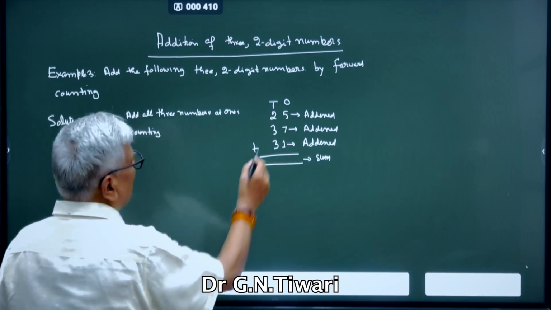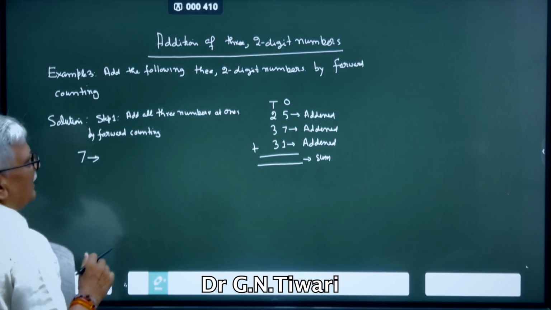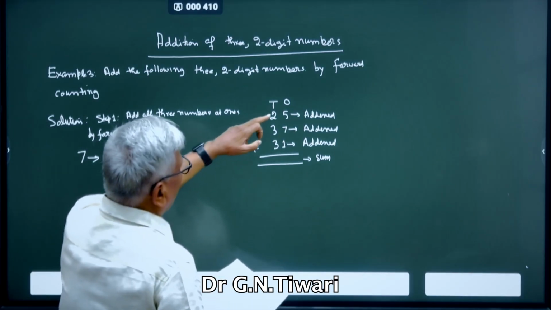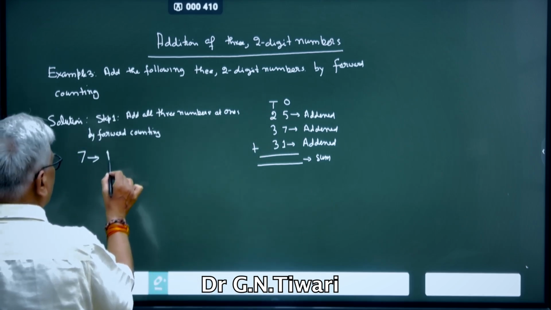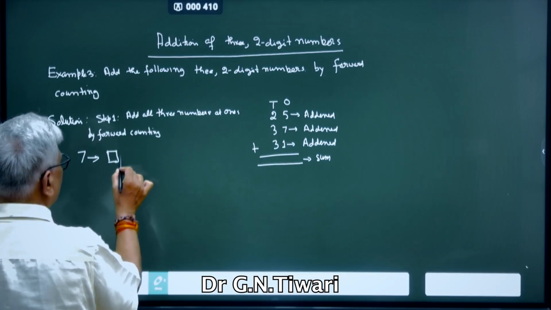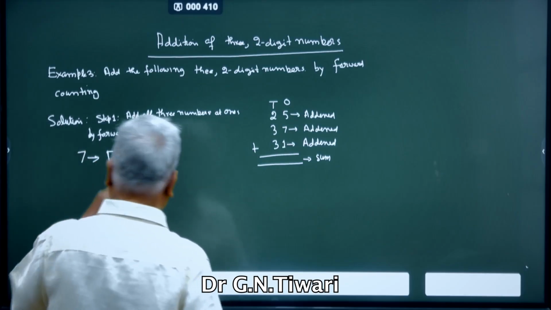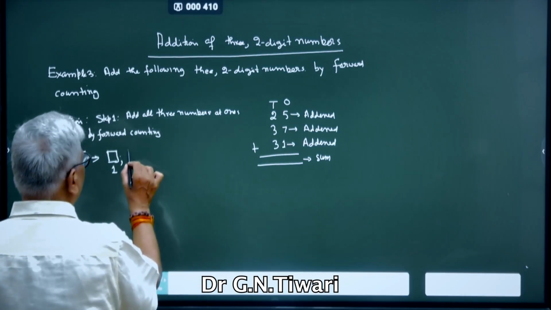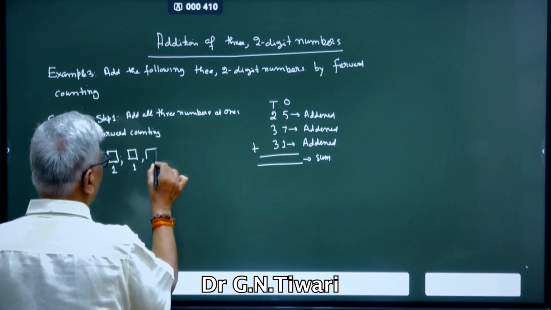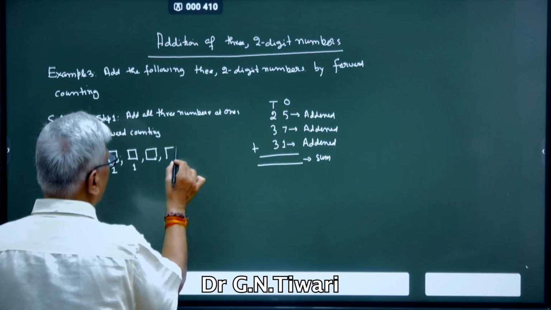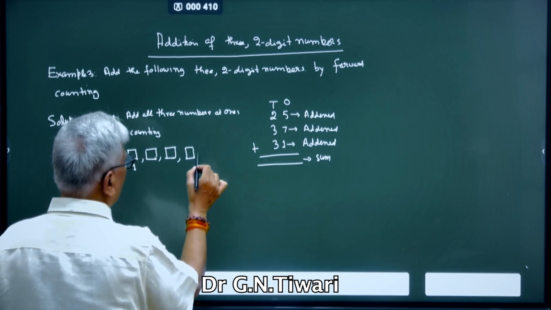Now I have already told you that you choose the largest digit first. So 7 is the largest digit. Then you make 5 and 1. I am putting 1 first. 1 block, semicolon, this is 1. So I am going to add 7 and 1 and also 5. So here 1, 2, 3, 4 and 5.